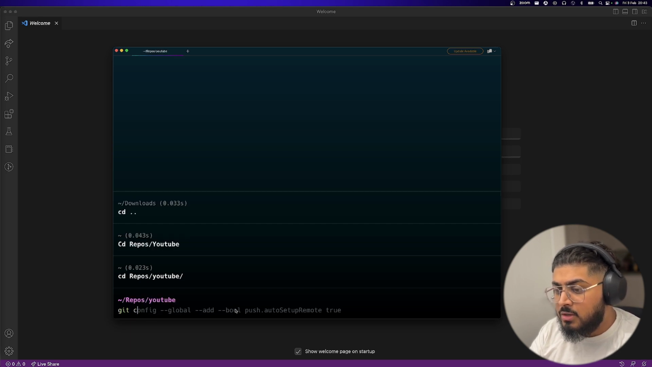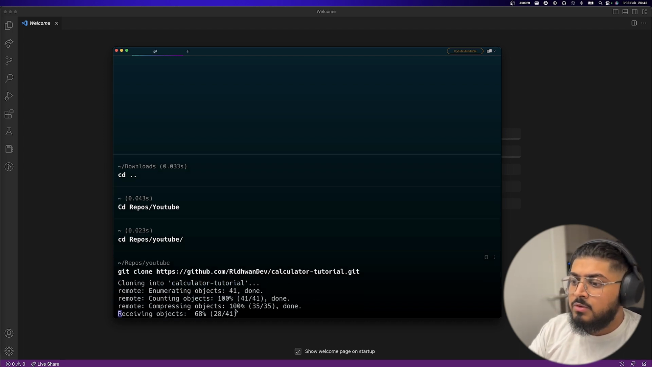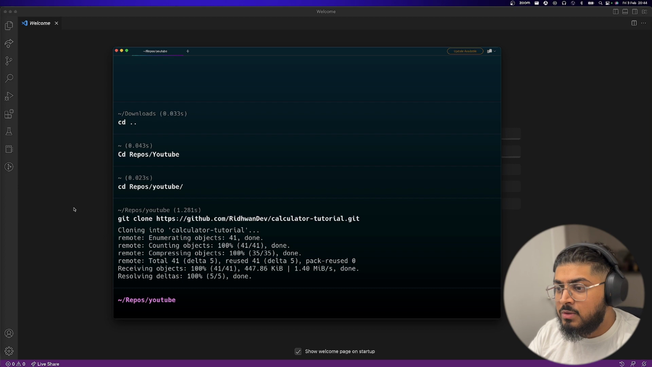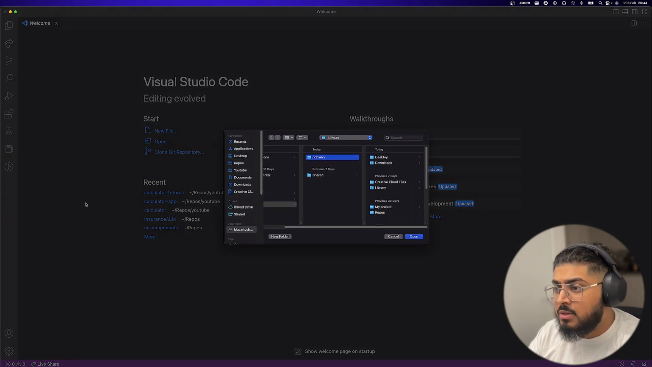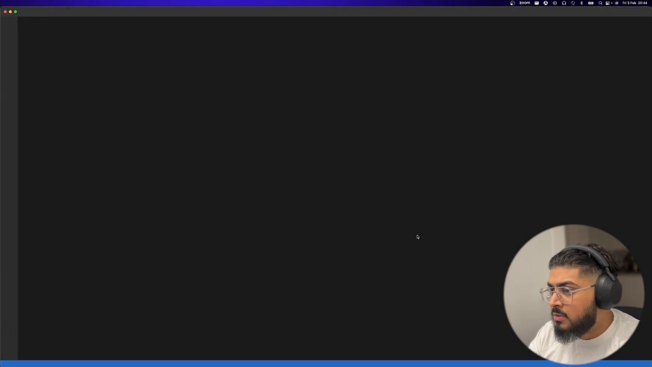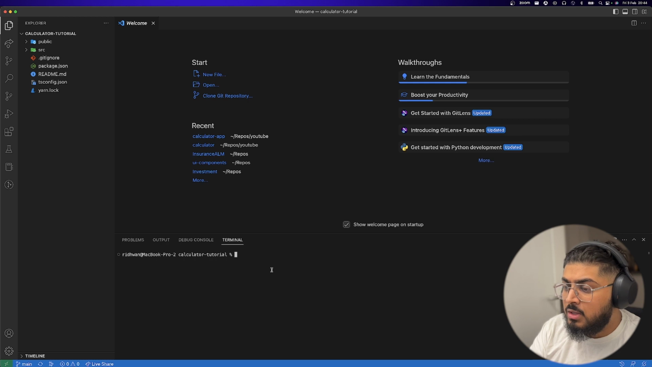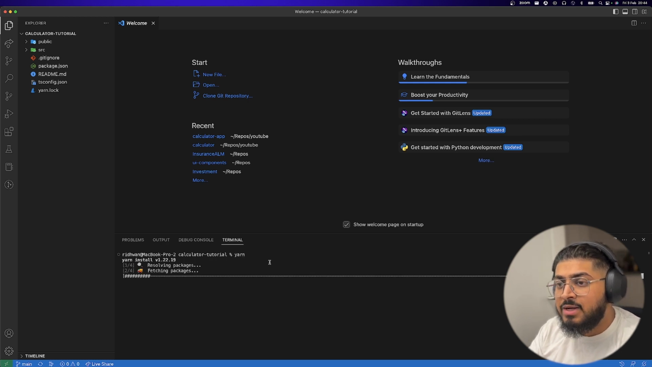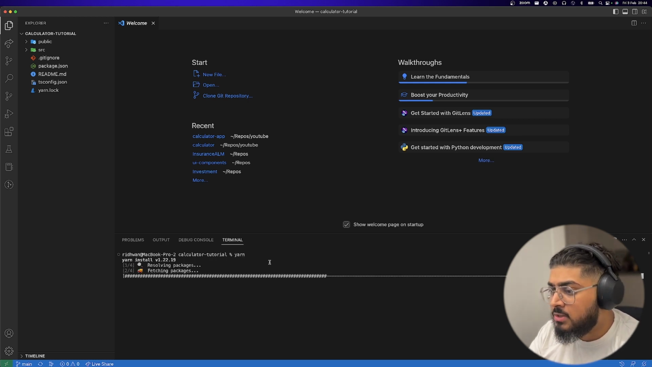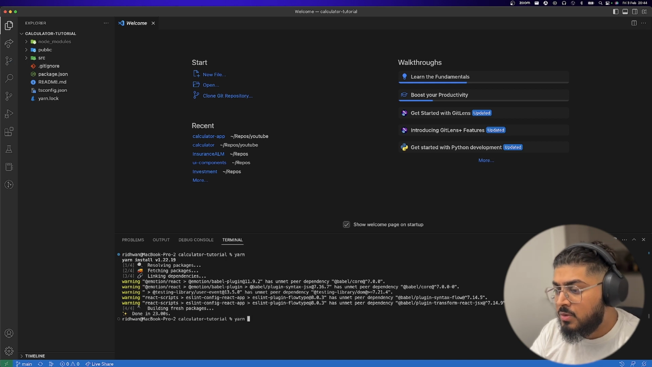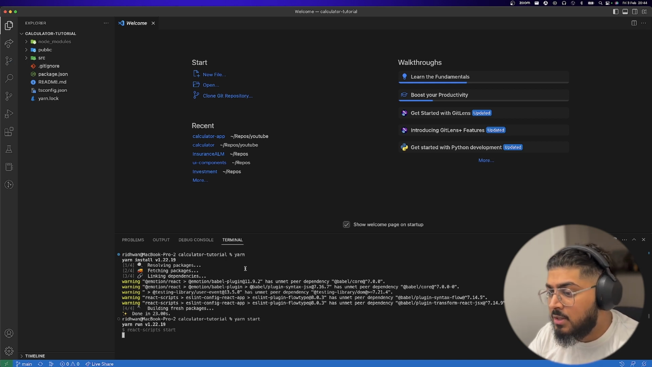And then I'm going to do git clone, and this will be the tutorial. So there we go, I've cloned it down, and now I'm going to open it up in Visual Studio Code. Now we've got the project open in Visual Studio Code, and if I open up the terminal in here, we can run a yarn, which will install all the packages that we need for this project. Cool. And let's just do a yarn start,